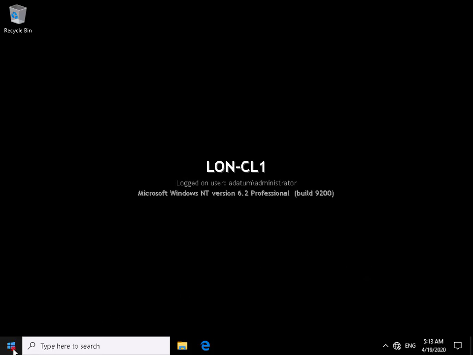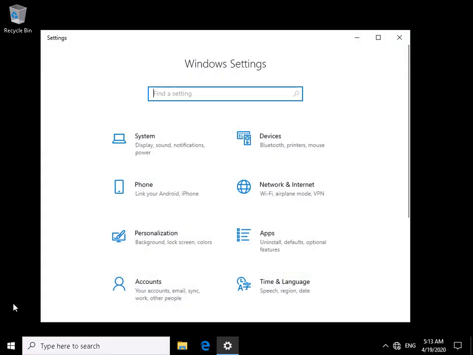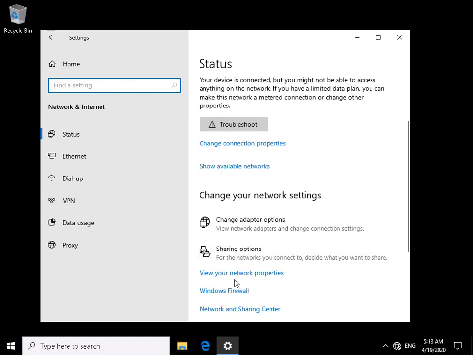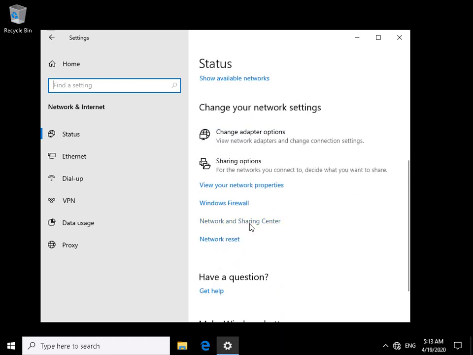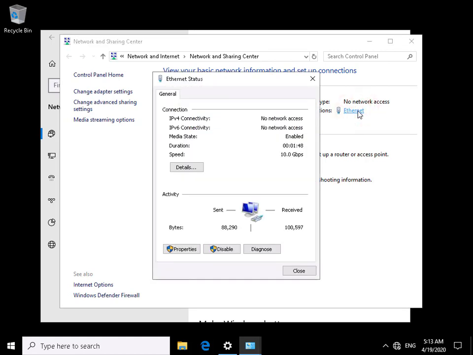So to do that, I'm just going to click on my Start button. I'm just going to come to my settings. And within my settings, I'm just looking for my network and internet. So we'll come to our network and internet, and what we're looking for here is a thing called the Network and Sharing Center. And what that does is that shows me that I have got my Ethernet adapter. So what we want to look at here is we just want to get some information relating to our Ethernet adapter. So I'll click on Ethernet, and then what we can do at this point here is we can